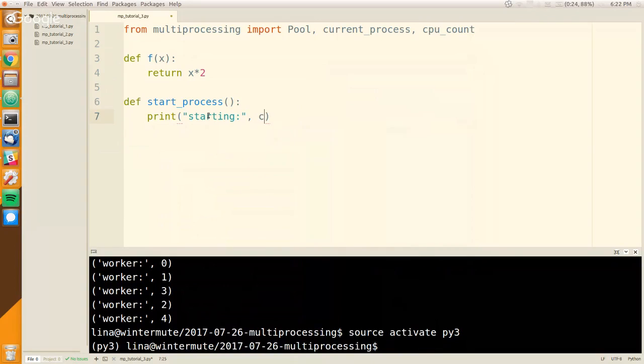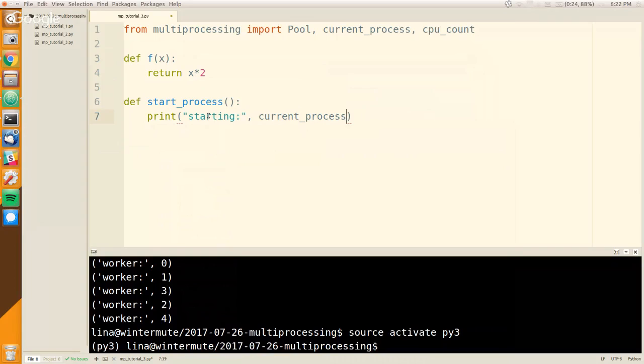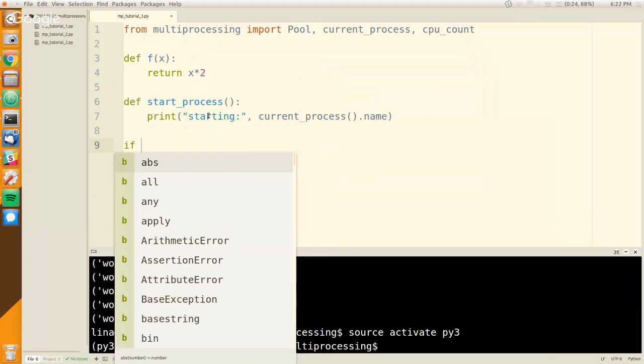I'm going to use the current process module. It'll print us the current process right there, dot name. That'll just give us the name of the current process that's working. And then we're going to run our if name